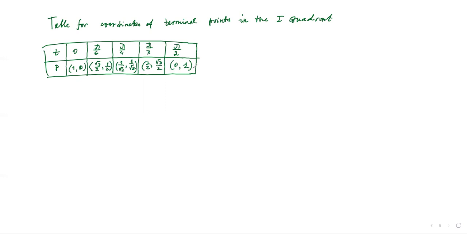Okay, so how do we use this table? Well, for example of use, somebody gives us t equals minus 5 pi over 4, and they're asking what are the coordinates x and y of the terminal point. You draw a number circle, and you need to figure out what minus 5 pi over 4 is. Well, minus 5 pi over 4 is almost like